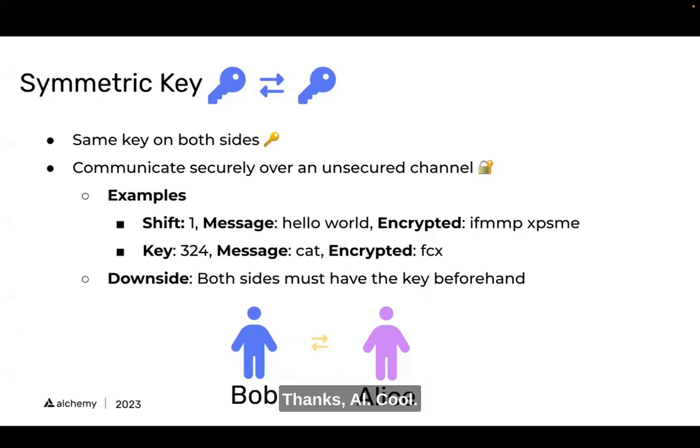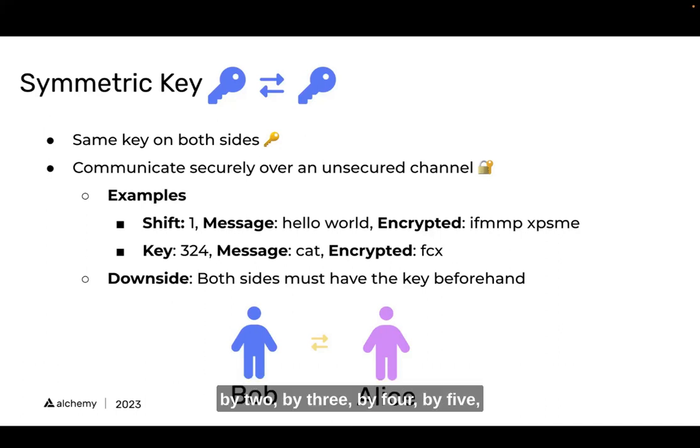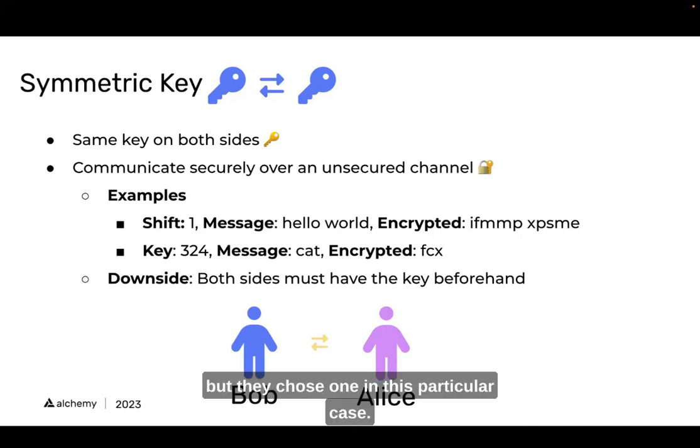Thanks, Al. Cool. So you could shift over all of these characters here by 1, which Alice and Bob have agreed ahead of time that this is the key. We're going to shift it over by 1. They could have chosen to shift it over by 2, by 3, by 4, by 5, but they chose 1 in this particular case. Now, that's not the greatest